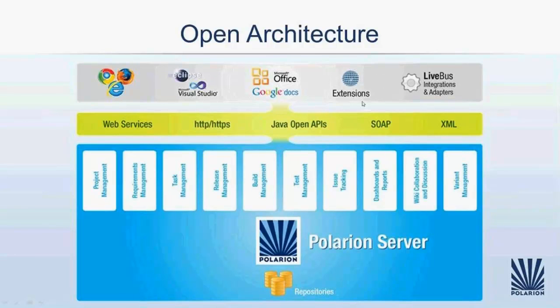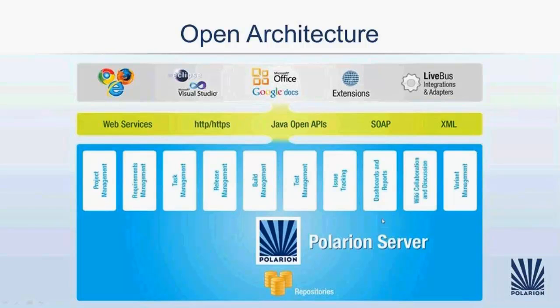Polarian itself is very extendable, so you will find on our webpage, polarian.com, the so-called extension portal, and there you can find different project templates like the one you will see later in this webinar, or other new tool features which were either developed by ourselves or by some customers of us. And they're pretty helpful in many situations. As you can see, we are very open also for other solutions. Maybe you have some other tools in place which need to be connected to Polarian, completely possible. And with these technologies here, with our API, with our web services, you can connect to all of the different functional blocks.